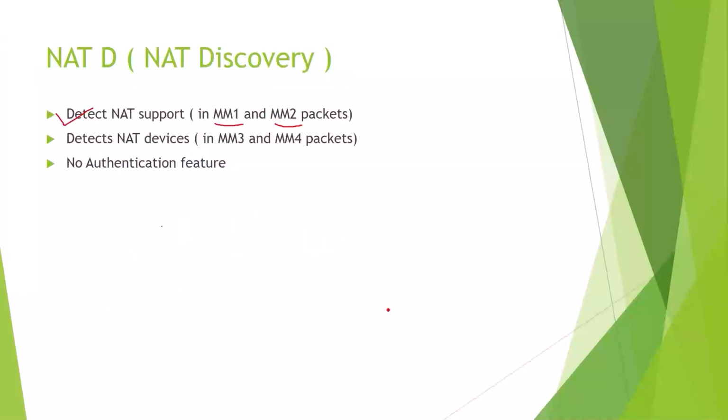Now we would move on to the next concept, that is called NAT discovery. NAT discovery is a less known topic basically. NAT discovery says there are two phases. One is, first of all, detect whether there is NAT-D support or not. That means it would first check whether both the parties that are working together support NAT traversal or not. Because obviously, in order to move further, those parties should have NAT traversal support. Otherwise, there is no sense moving forward when they are not even capable of doing it. So this first part checks for the NAT traversal support.